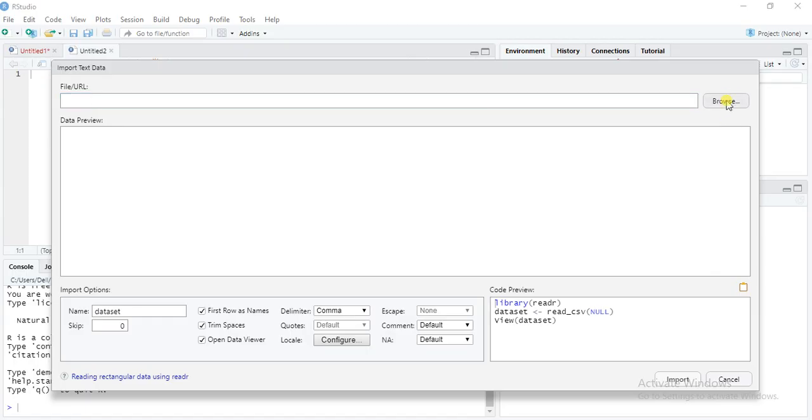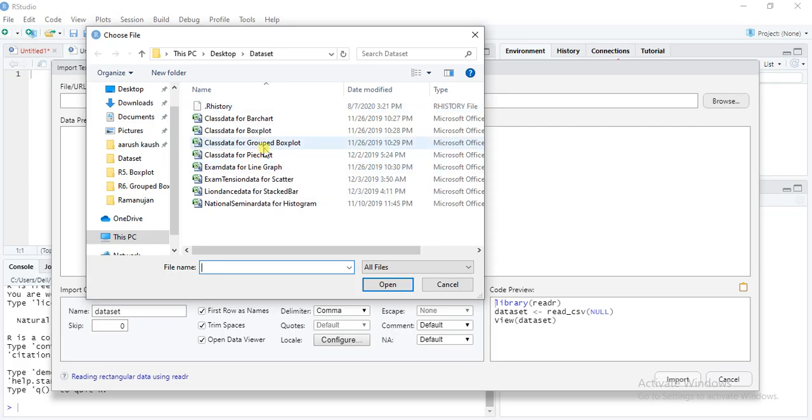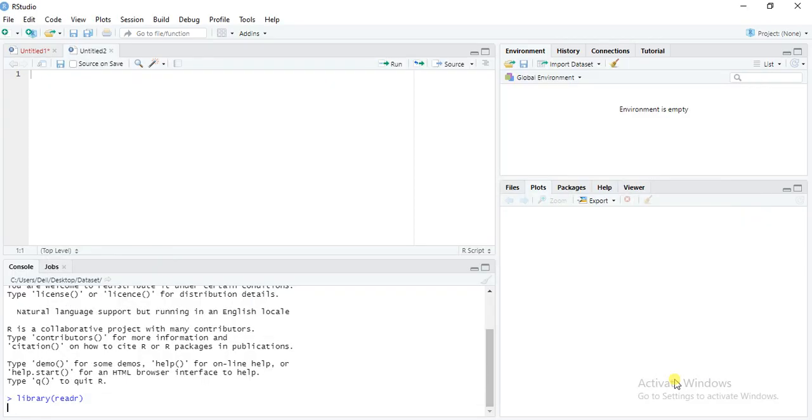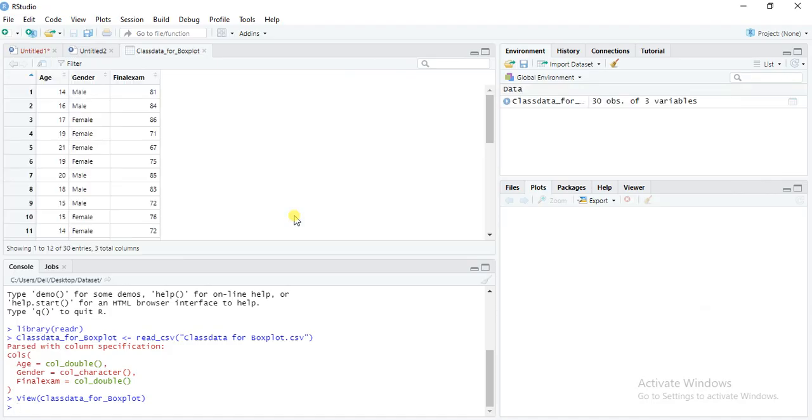I am importing this file to run the box plot, and then I will apply certain script to draw the box plot. Here in our file there are three variables: age, gender, final exam. Is it clear?